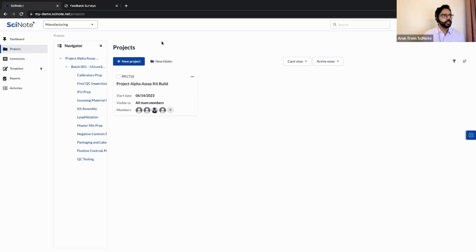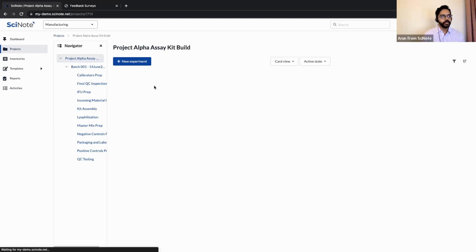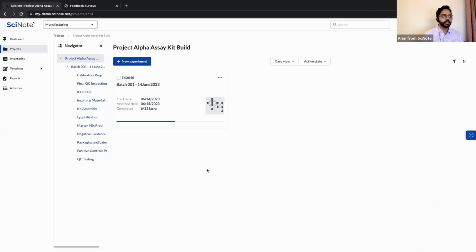So I have a dedicated team in SciNote for manufacturing, and I've created an example project, which is an assay kit build. So we have Project Alpha assay kit build. And if I jump into the project, I've created an experiment for the batch that we are going to be looking at or manufacturing today. So we have batch 001, 14 June 2023. And when I jump into this experiment,